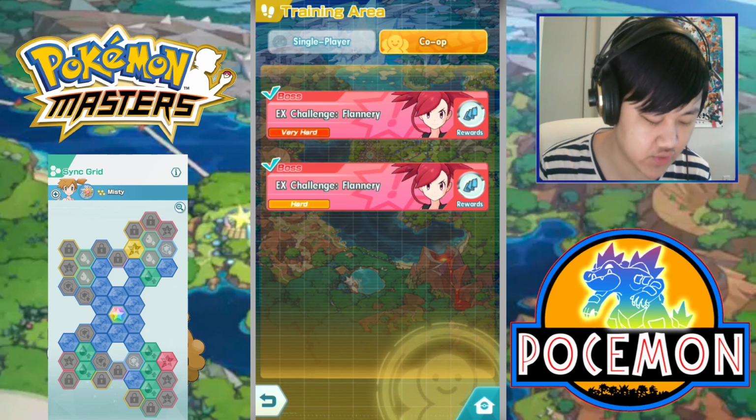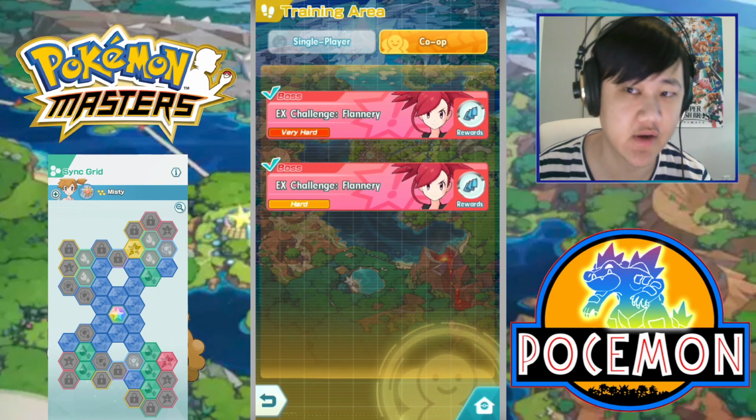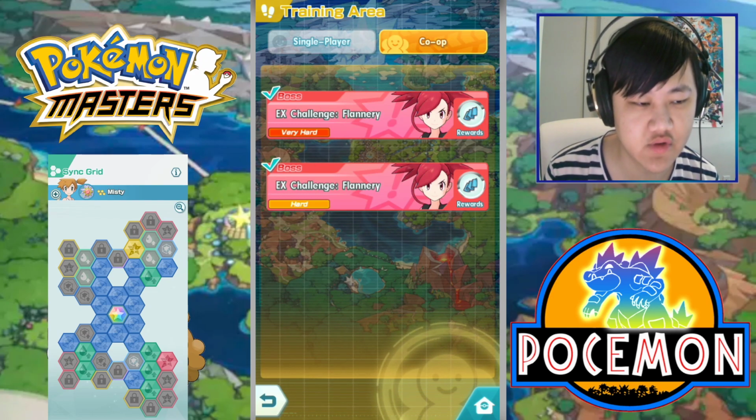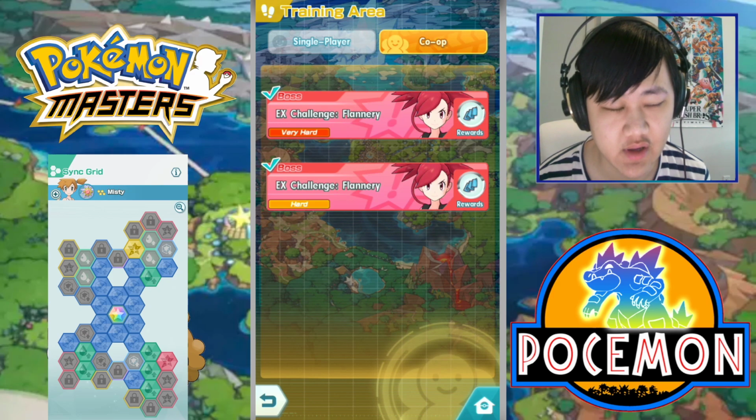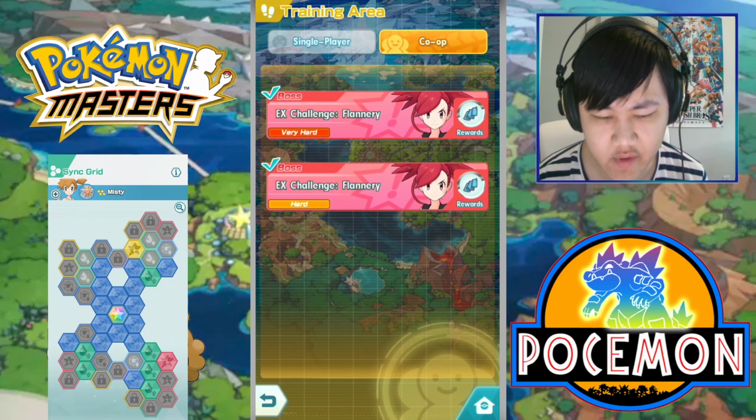Would you use it over Crash Awake? I don't know if you'd use it over Crash Awake. Crash Awake doesn't do as much damage, right? But Crash Awake is much more self-sufficient. And Crash Awake, it is 2-bar moves, right? So I don't know if you would use it over Crash Awake. However,